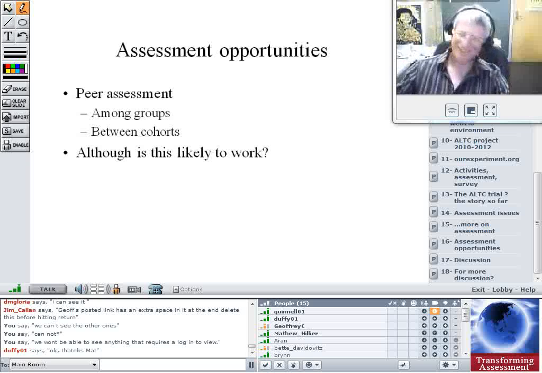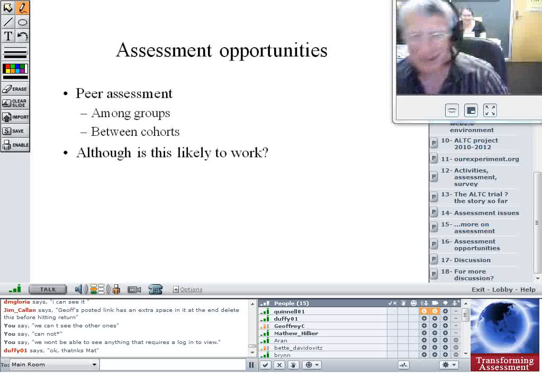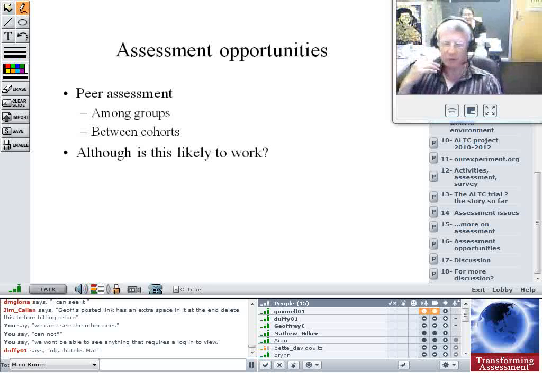Okay, assessment. Obviously, if you've got a right answer, then it's easy to say, all right, you get within 2%, you get 10 out of 10, you get within 5%, you get 8 out of 10. If you ask a series of questions, then again, you have standard answers that should be acceptable. And if you've got 5 points to get 10 marks, 4 points get you 8 marks, and so on, then we've got that. But in terms of working in a group, then we need to look at assessment by the